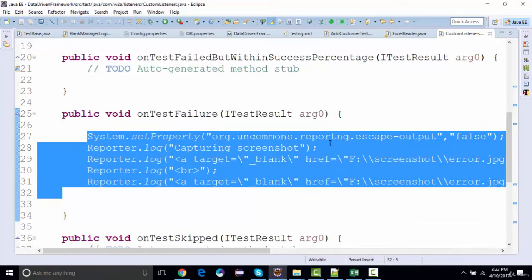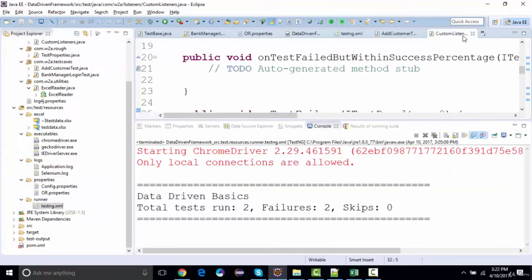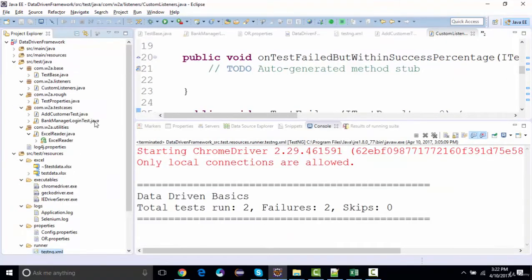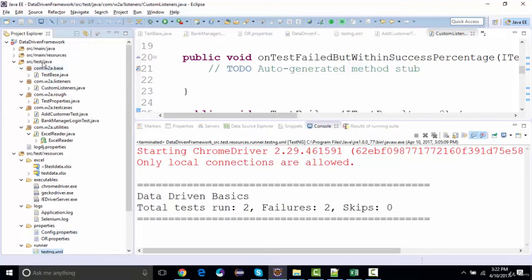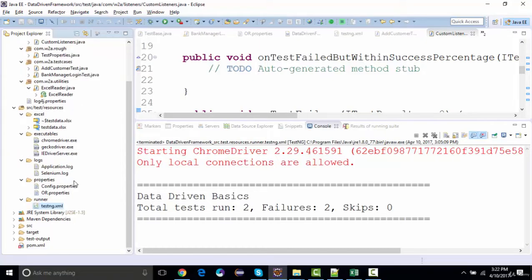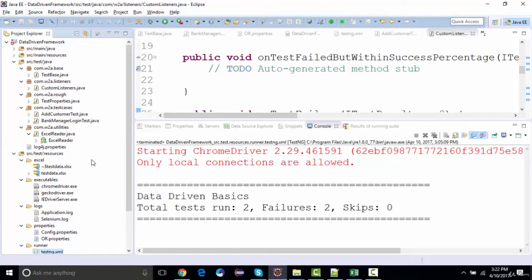So let's write some code for capturing the screenshot. But before we do that, I would like to execute this test. So far, we were executing it through testng.xml, right? Instead of this, I would like to execute this test as a Maven project, because since we have built a Maven project, Maven is managing our dependencies, so we'll be using Maven as a